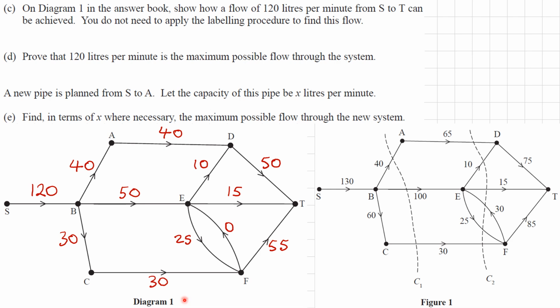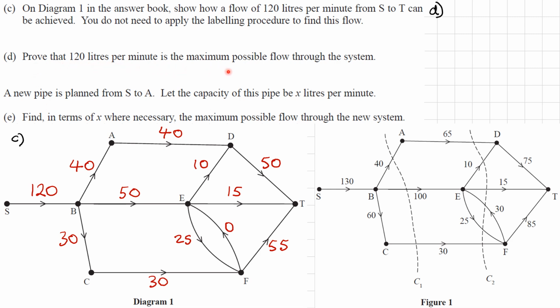And I just want to check that I've got a flow of 120 going out. So 50 plus 15 is 65. 65 plus 55, that gives me 120. So that's part C. Okay, part D, what we need to do is to prove that 120 litres per minute